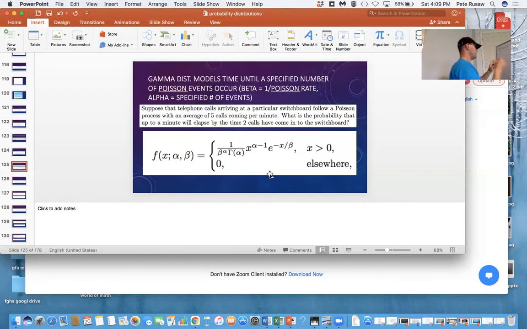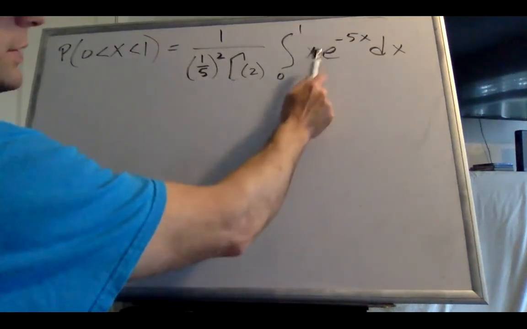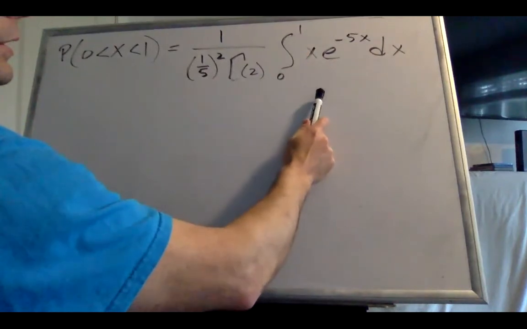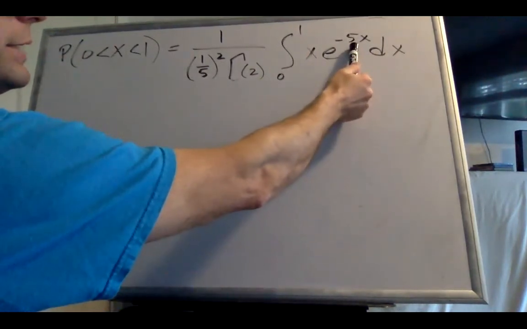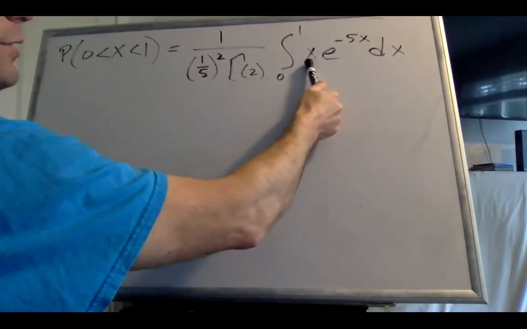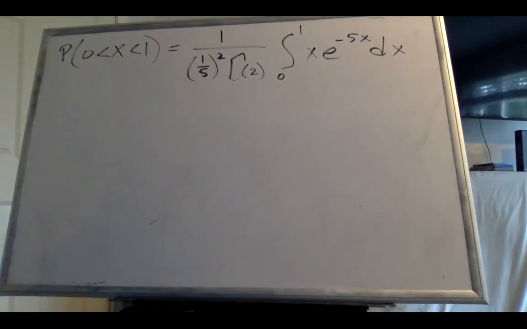Okay, it's on my board now. I'll stop the share. And let's see if we can walk through this. So that's what I just said verbally. Hopefully you got that on your paper. And what you'll probably notice here is this is a product of functions. If I decided to try to make this u negative 5x, then du would be negative 5 dx. And there's an extra x sitting here, which is not that great, unless you know integration by parts,